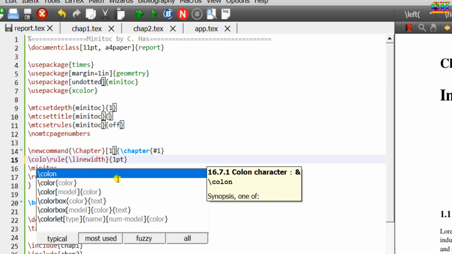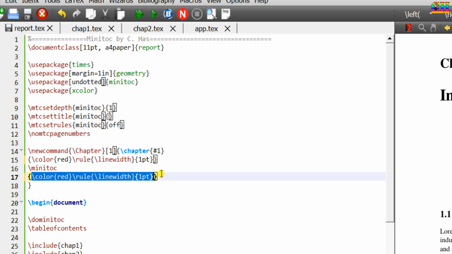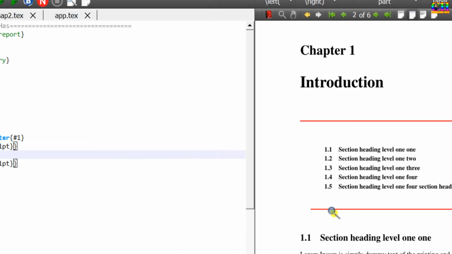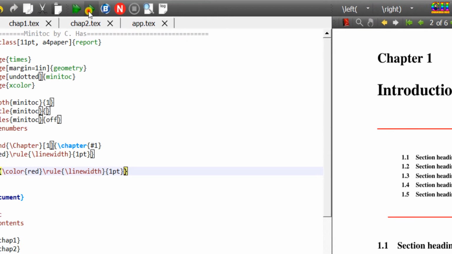Before the rule command just use the color command. Put this in curly brackets. For correcting this line just use noindent at this place.